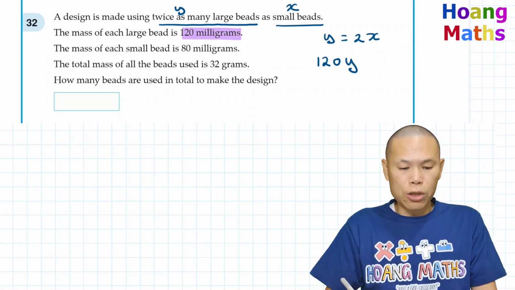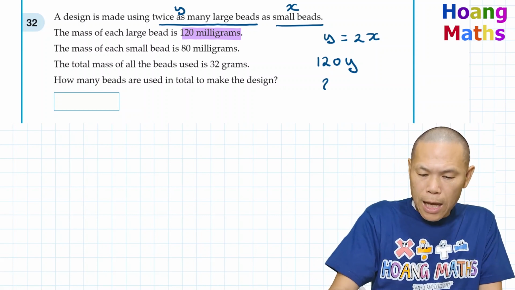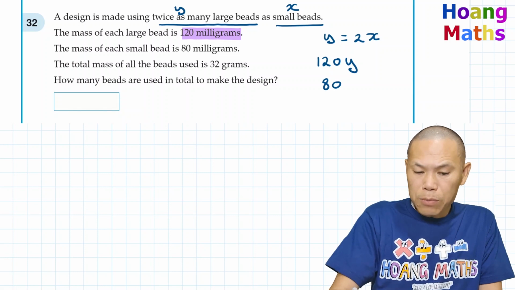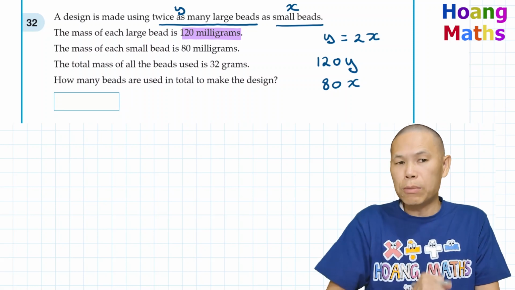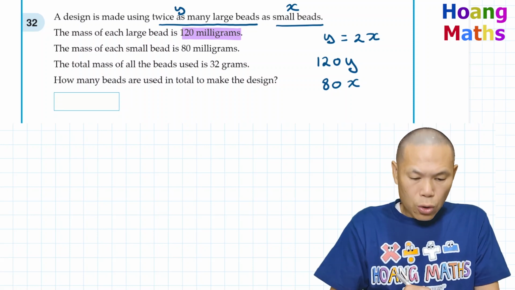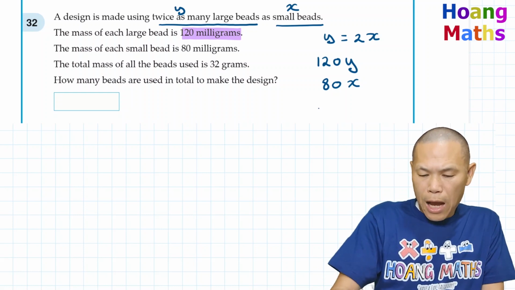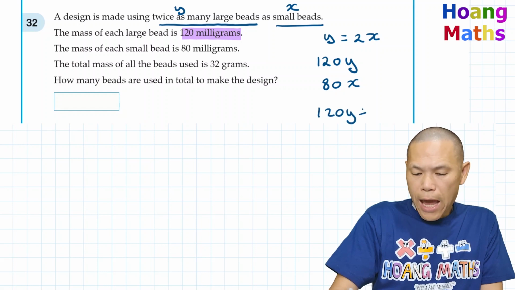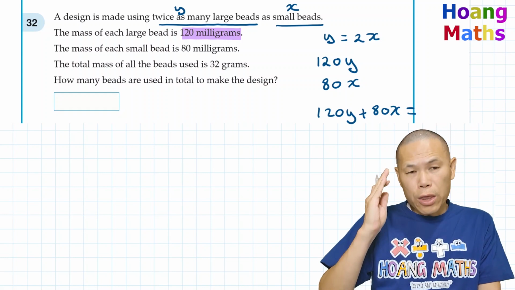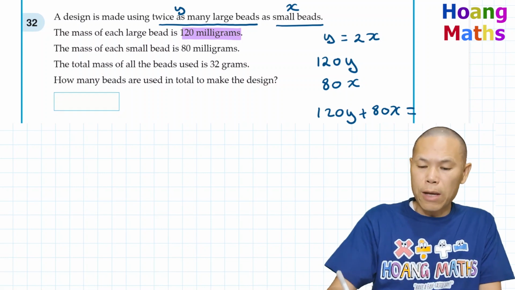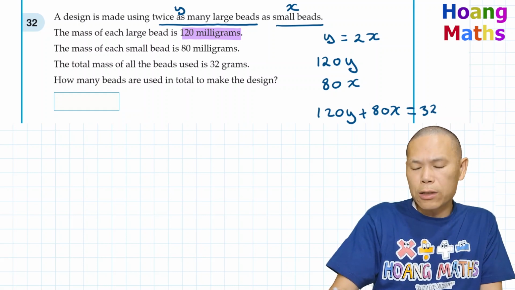The mass of each small bead is 80 milligrams. So it's small beads, which is 80 milligrams. So 80 times x, because we don't know how many small beads there are, but we know that each of them is 80 milligrams. The total mass of all the beads used is 32 grams. So that means 120y, we add 80x is equal to 32 grams. But we know that 32 grams is 32,000 milligrams. So we have to convert to the same unit first. So 32,000